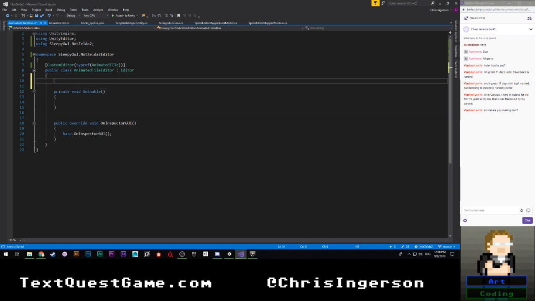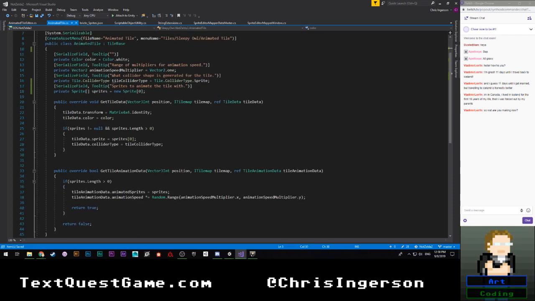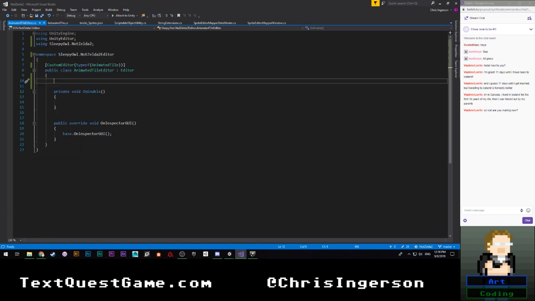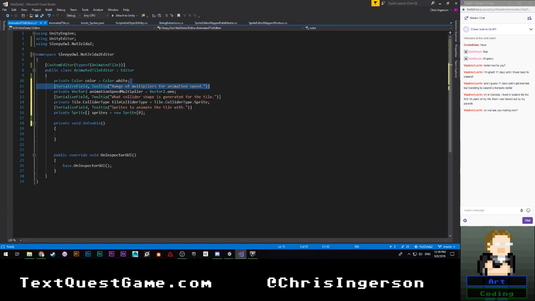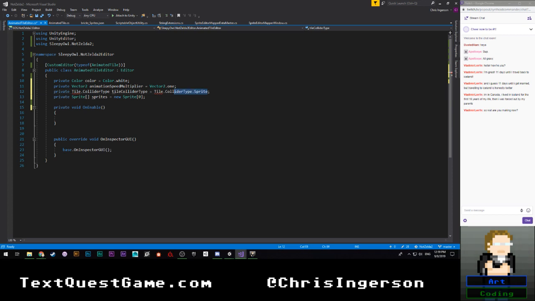So for this, we're going to need to cache our tiles. So we're going to go ahead and grab this stuff, paste that here, get rid of you, come back over to here, get rid of all of these things. Is equal to null. Go ahead and copy this. We're going to make this a serialized property. Copy that. We're going to paste this all over the place. Boom. All right, so now we're going to work on our fancy custom editor,